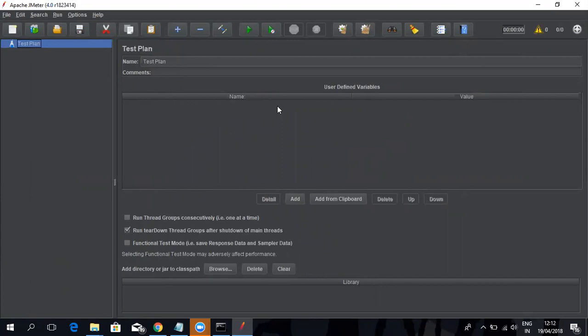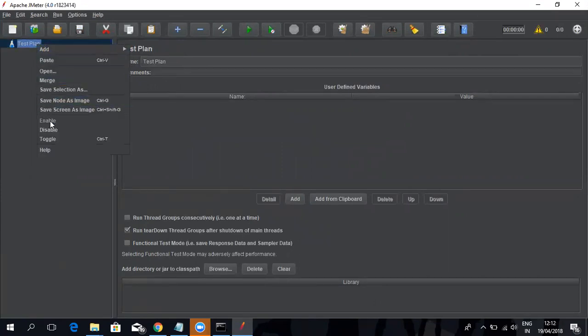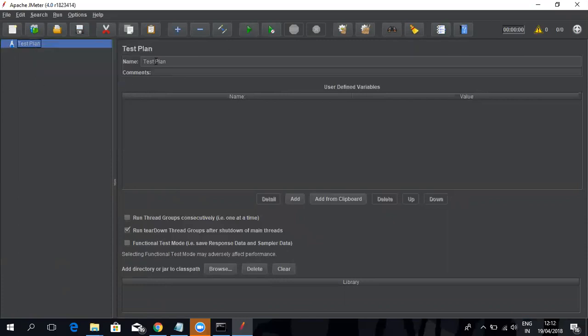So let us learn about test plan. A test plan is a container that will contain all the elements required for performing the test. It can be a request, result, graph, or any other element. So we will do one thing. We will just try to customize our test plan, and we will rename it. So for renaming, just go here and give any name. So I will be giving my test plan. So I've renamed it,